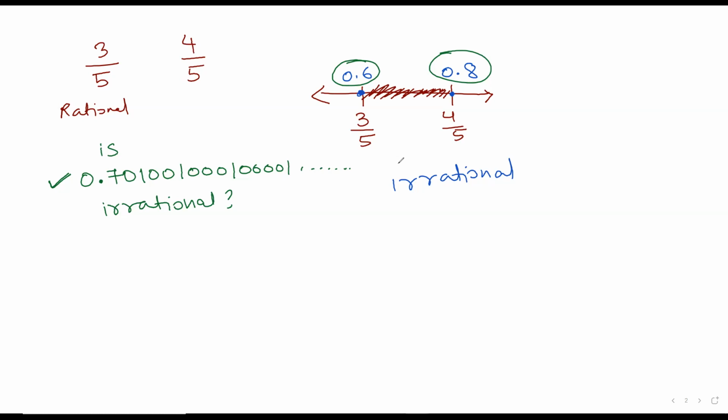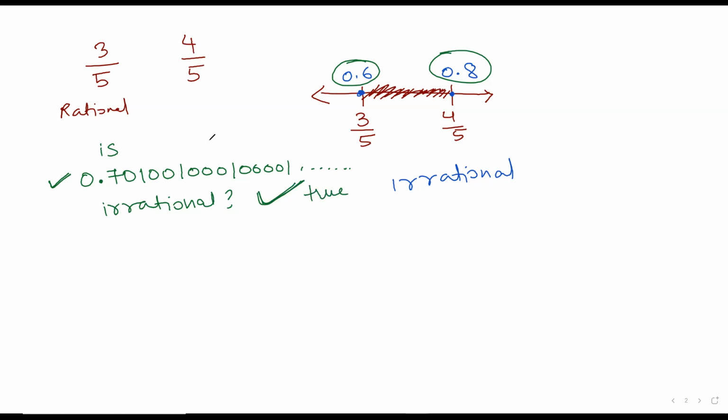Yes, ma'am, it's clear. Ma'am, can you explain one more time this? Okay, so from which point onward do you want me to explain? The last point. All right. So you understood till here, and you also said that this whole number 0.70 and so on is irrational. You said that it is irrational, right? It's true, it is irrational.